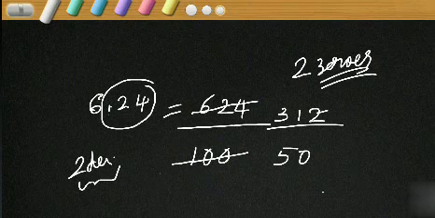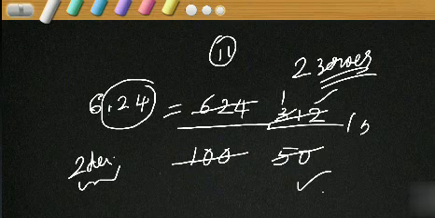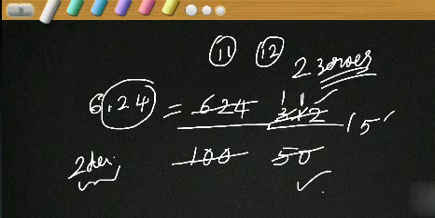Further, can we divide by any common factor? Yes, again we can divide by 2's table. Why? Here the last digit is 2, an even number. Here the last digit is 0, so we can divide by 2's table. 2 ones are 2. 3 minus 2, balance 1. Keep that 1 and the coming 1 together in mind, it becomes 11. 2 fives are 10. 11 minus 10, balance 1. Keep that 1 and 2 together, 12. 2 sixes are 12.